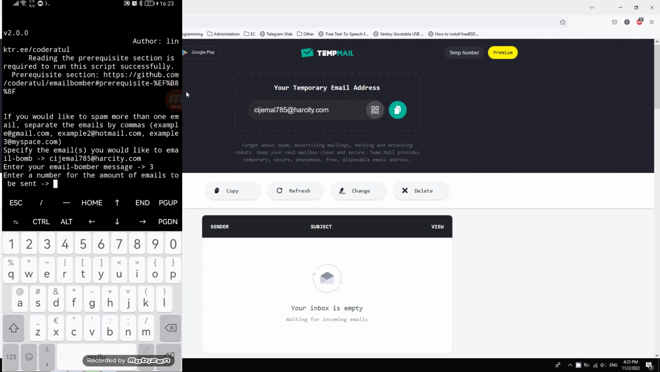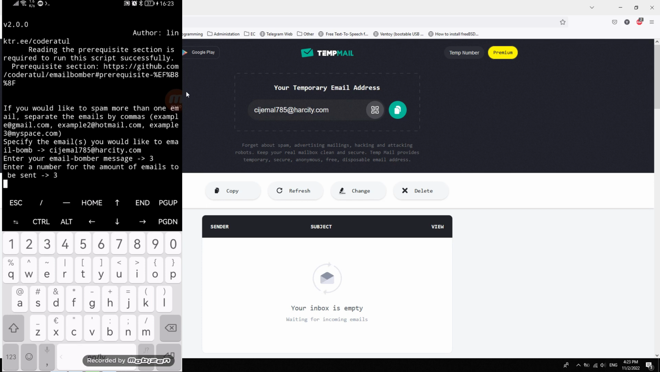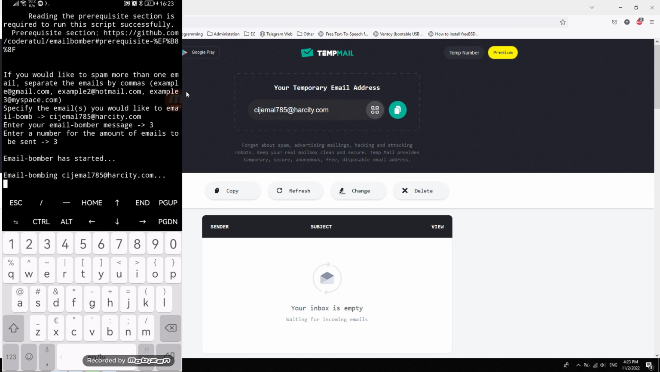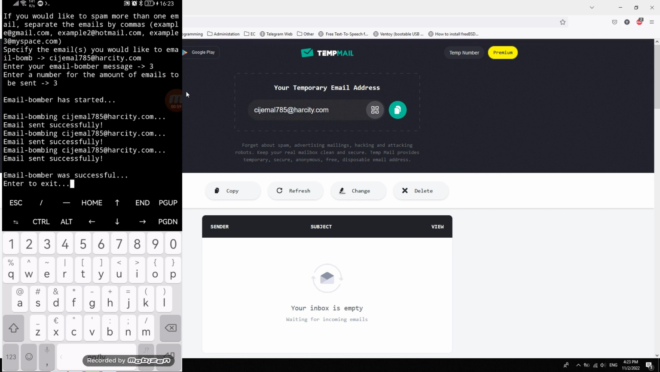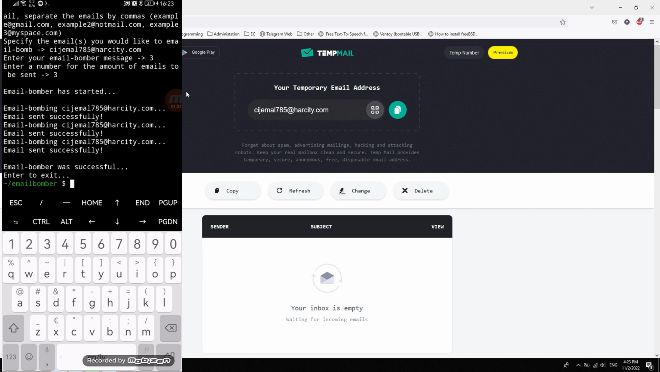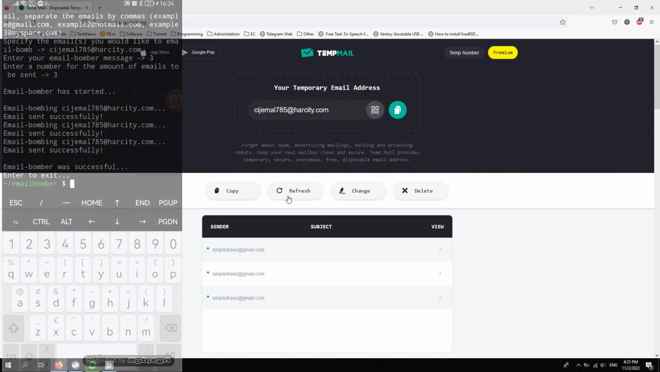The last option is the email amount. For the test, I chose 3. The email bomber started sending and exited when finished. All emails arrived. Conclusion. This is a simple and working bomber, but I do